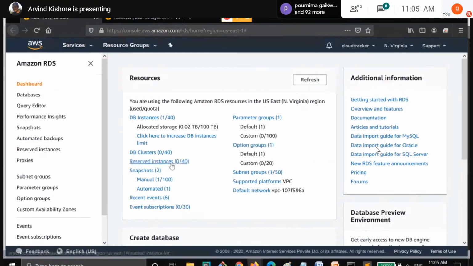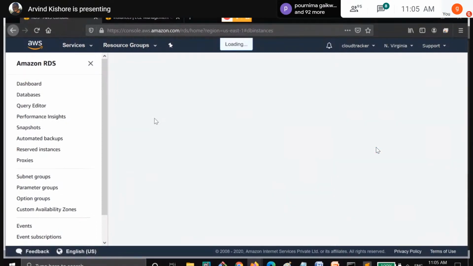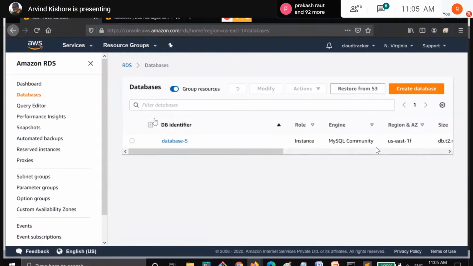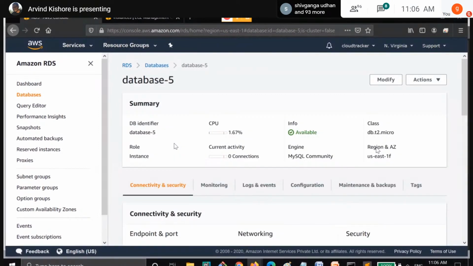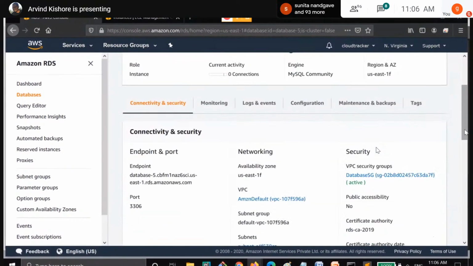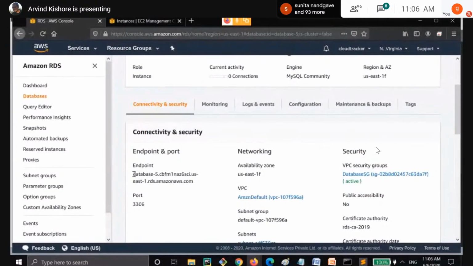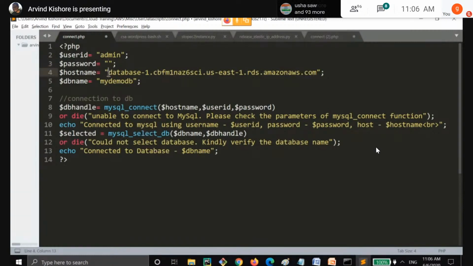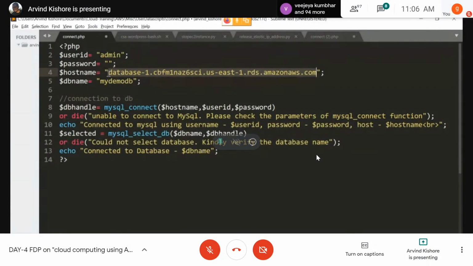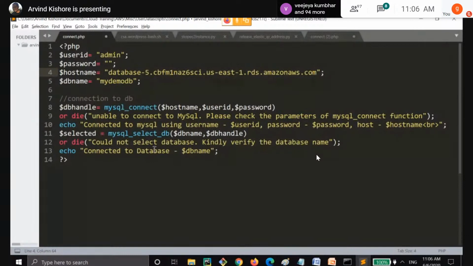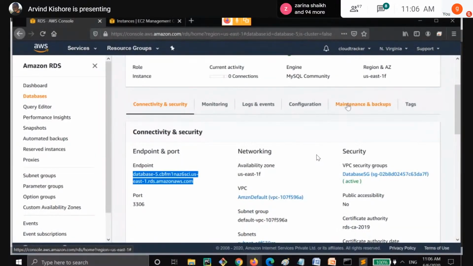So I will come back to my screen. What I am doing is trying to find out my database endpoint, which I will get from here. Just copy it properly and paste it here. Take care of the double quotes and syntax basically. Fine. And my database name is